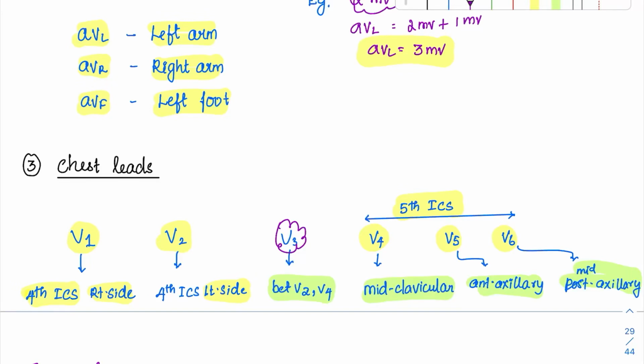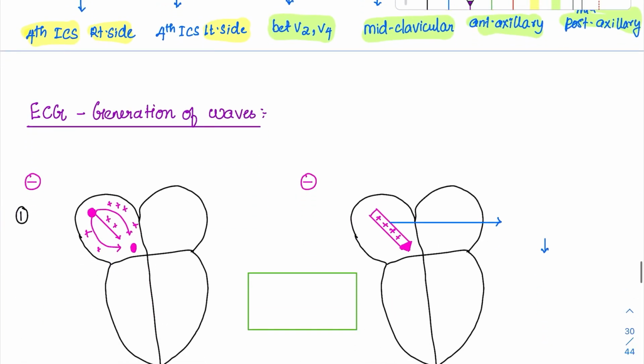Now let's talk about the generation of waves. All of us make one mistake. We know this format and we just mug it up: this is generated by atrial depolarization, this is the ventricular depolarization, but this is the repolarization of the ventricles. But we should not study like this, because the SA node is generating it and they are spreading across the